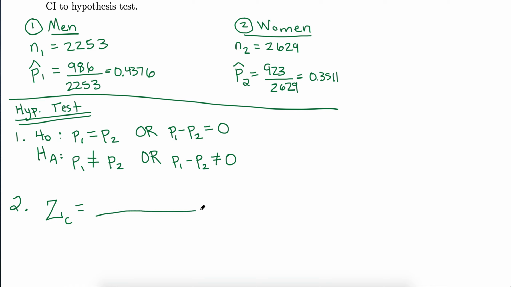And our numerator had our data, so the difference in the proportions for our data set. Again, if you need a review of the formulas, check earlier in your notes on the previous page or the last video. So our p1 hat, or the proportion for the first group, was 0.4376. I'm going to see how different that is from my p2 hat, or proportion, from the second group based on the data. Okay, so here's my difference in the two groups from my evidence, or the data I've collected, minus